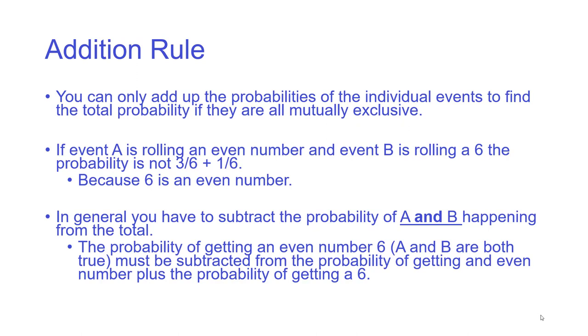So as I said, in general, if you're not going to take into account their mutual exclusivity, to calculate the probability of event A happening or B happening you add the probability of A to the probability of B